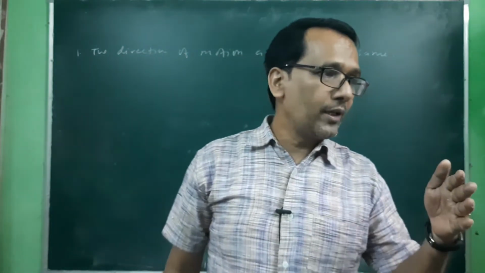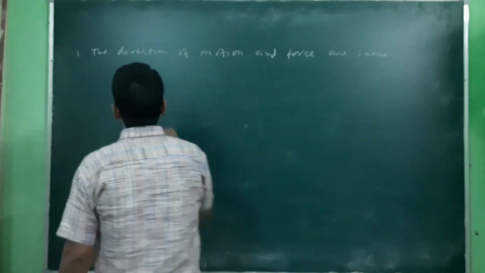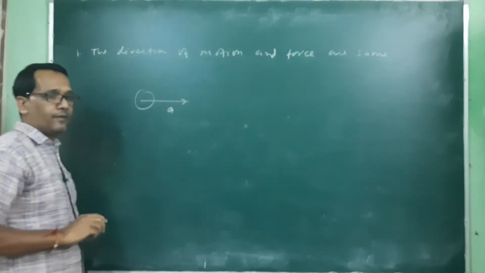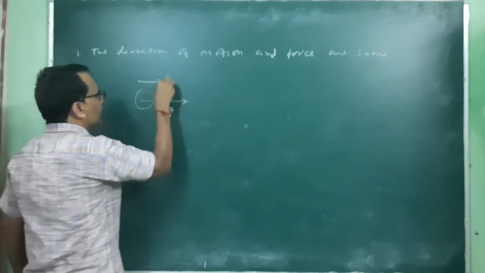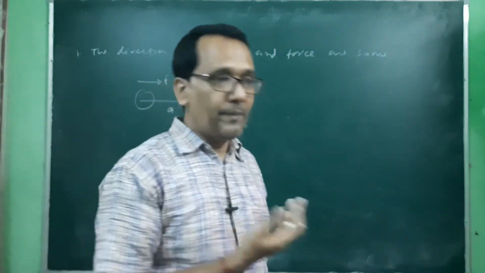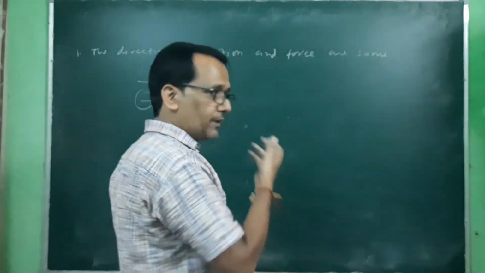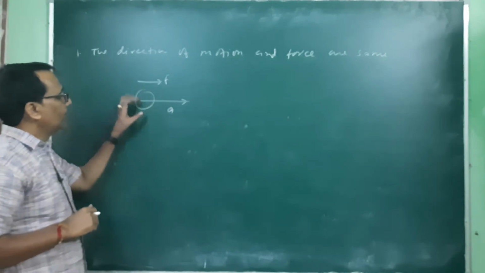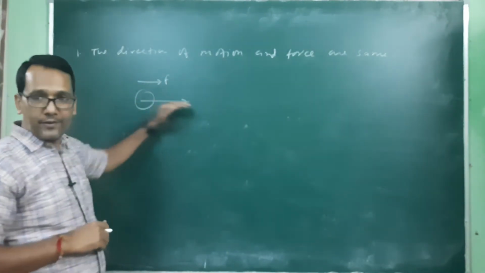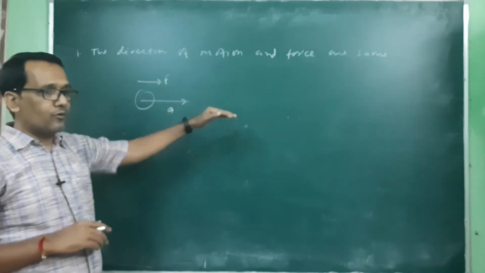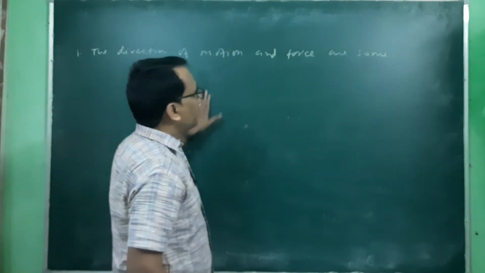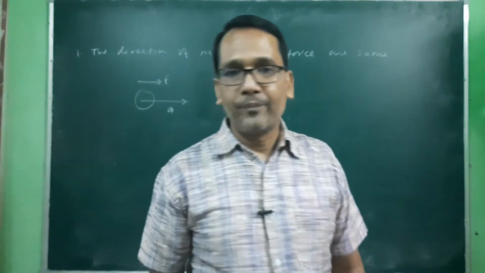जिस डायरेक्शन पे फोर्स लगा रहे हैं उसी डायरेक्शन पे मोशन हो रहा है. So if this is that body, it is moving with a constant acceleration a, because we are applying force F. Whenever we apply a force, it may be that with a constant velocity also, but then the force will be zero. So here there is one acceleration. The force is applied in the direction of motion, and the direction is also same.